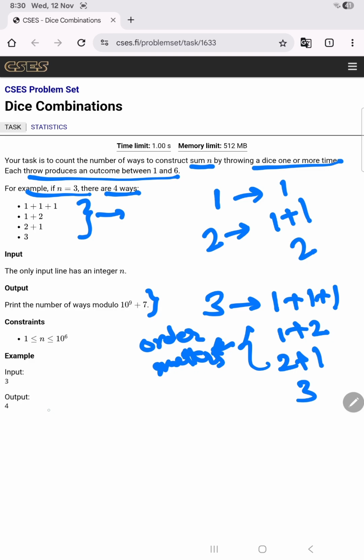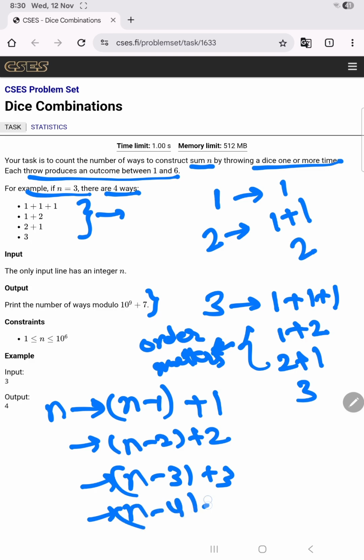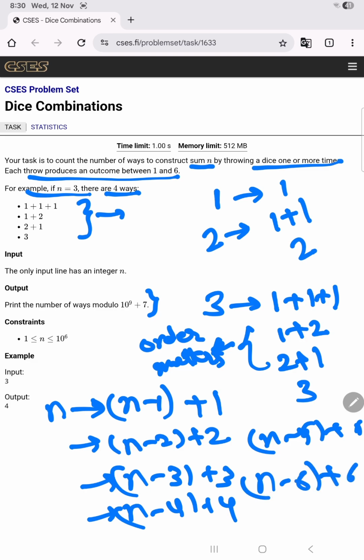So what I'm getting is, let's say if I want to achieve n, how can I get n? If I received n minus 1 sum and I got 1 after that. If I received n minus 2 sum, then I got 2. If I received n minus 3 and I got 3. Received n minus 4, I got 4. Similarly, if I received n minus 5, I got 5 after that. I got n minus 6 earlier and then I got 6. So our f of n, that is what we needed, is f of n minus 1,